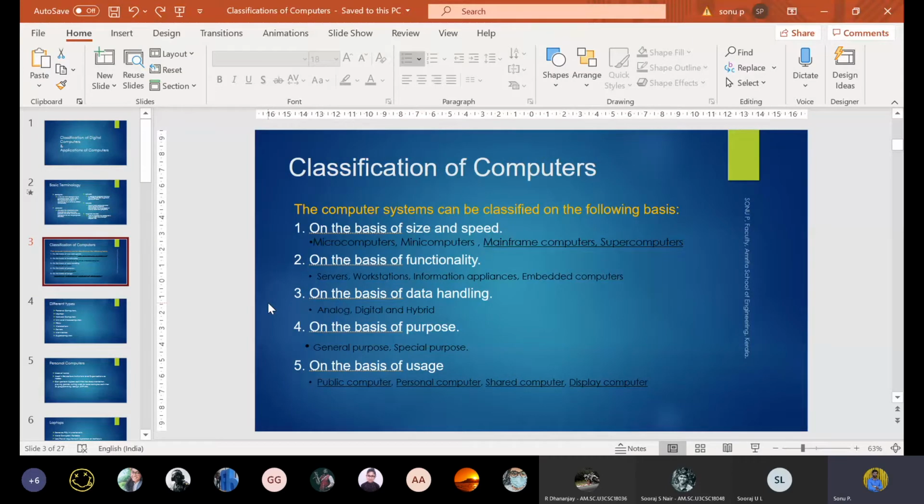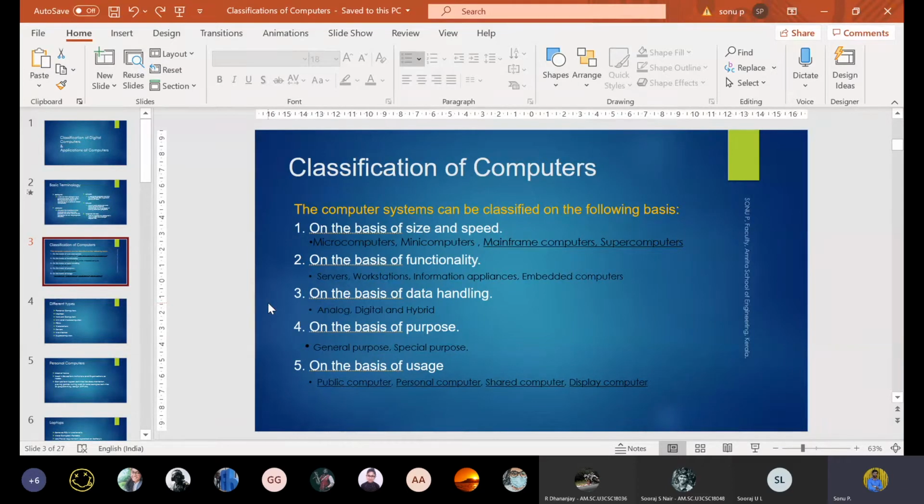You will have heard these terms. Based on general purpose, we use general purpose computers: laptops, personal computers, desktop computers, all used for personal or dedicated computing purposes. There are input devices, output devices, processors, RAM, storage devices, etc. in general purpose devices.